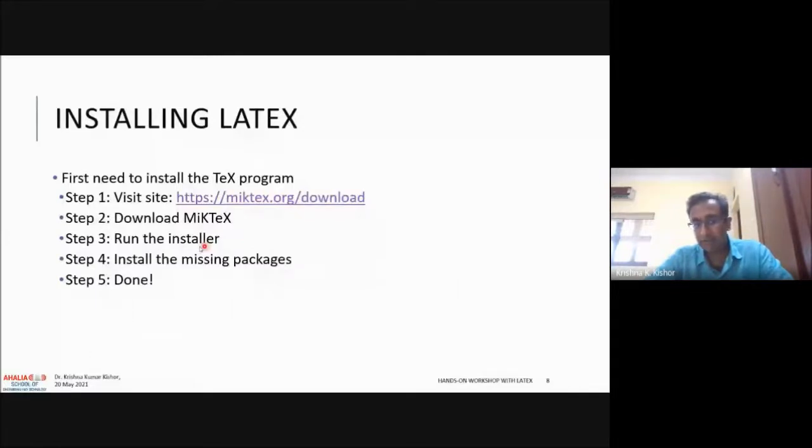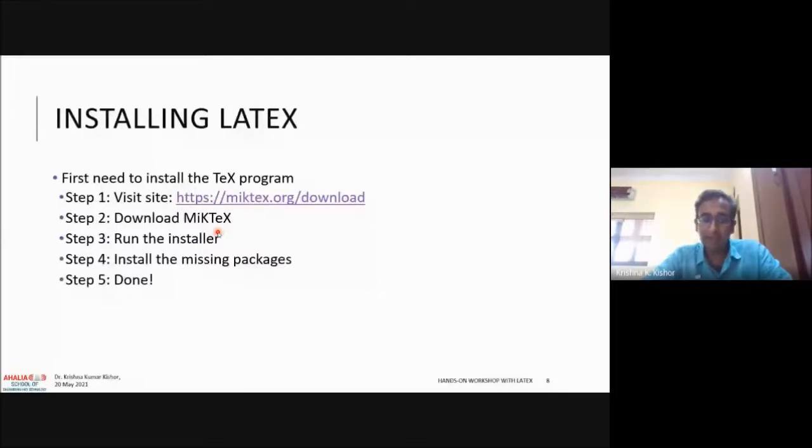When you download this, you'll find that there are two options: whether you want to download the complete MiKTeX edition or the basic one. Always download the basic one, because the complete one requires a lot of net connectivity and the file size is also large, I think 256 or 300 MB, whereas the basic one is 36 MB.